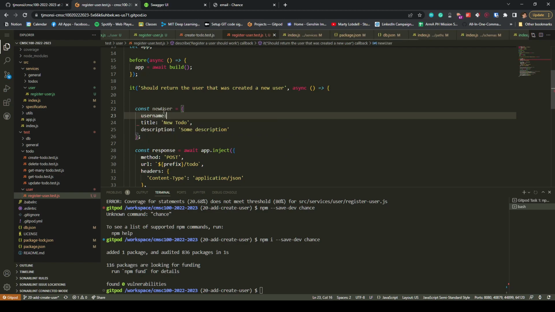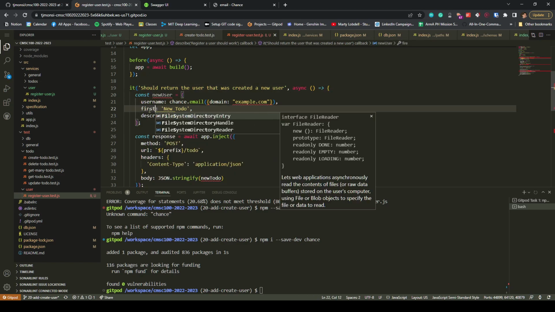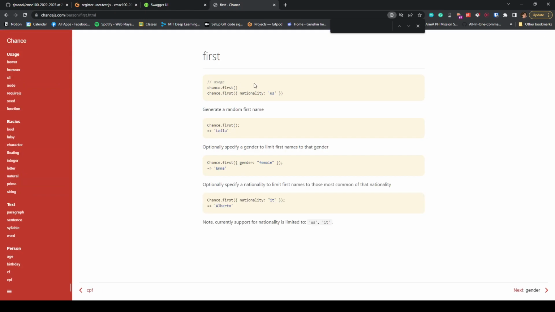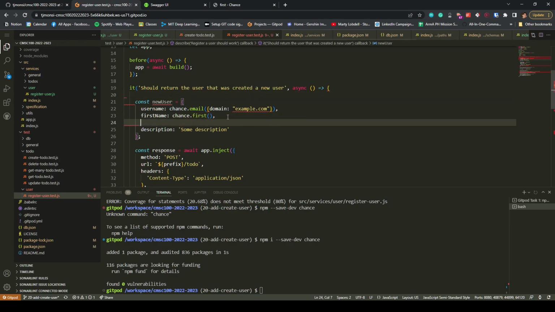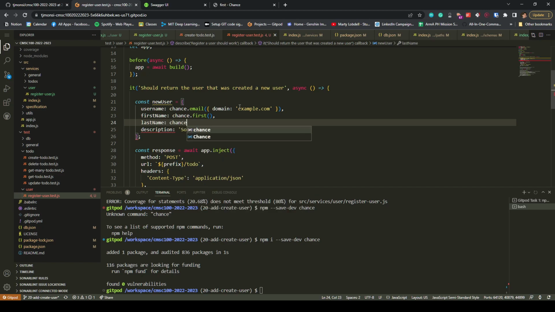Username is equal to this one. And then the first name, so we'll have a person, person first, and last name is chance last,